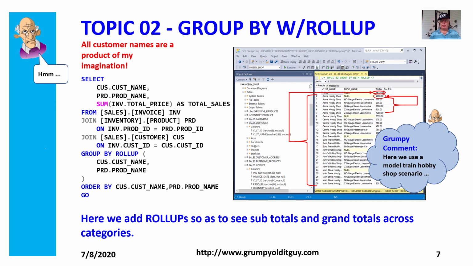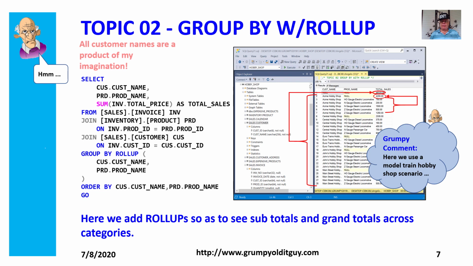Now we're going to roll up the groups of results by customer and product. What this means is that we're going to calculate the total sales by customer and product, and then for each customer and product, we're going to sum everything up. All right? We're going to sum everything up by each group. So for example, if we sum up all the sales on products for Acme Hobby, we get a subtotal roll-up of